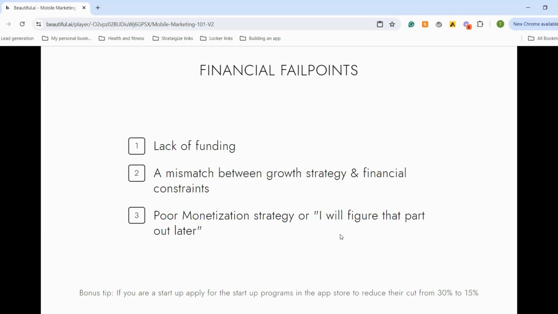If you have a limited budget, you're not going to be able to go out there and hire the most expensive developer in the world. You're going to have to find one that you can work with over time, and it's going to take a little bit more time to actually go to market. And on the marketing side, you may not be able to afford a paid user acquisition campaign of $5,000 a month. So you then need to come up with another strategy to get those users.